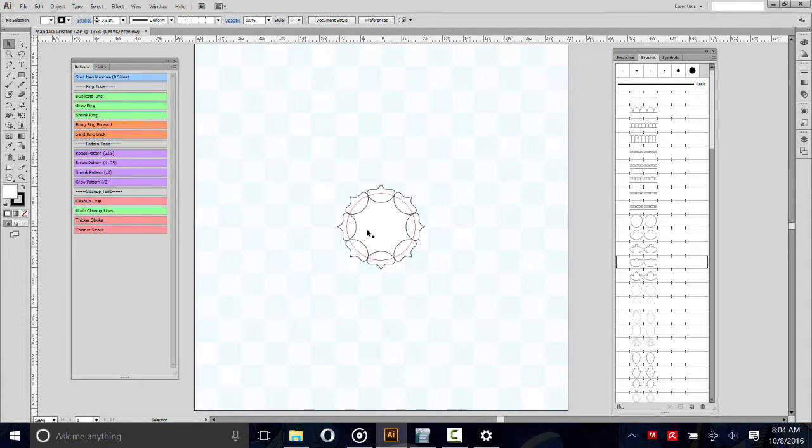So Start New Mandala just creates a new center. None of these scripts will work unless the new center is selected, right? If it's not selected and you click another script, it's going to fail, okay? So make sure that the mandala center is always selected. And the selection will move as you create your mandala. So duplicate ring is going to make a copy of the ring you already have, put it behind, and make it a little bit bigger so you can see it, so it's not occluded by the one in front. So you can grow it, you can shrink it,